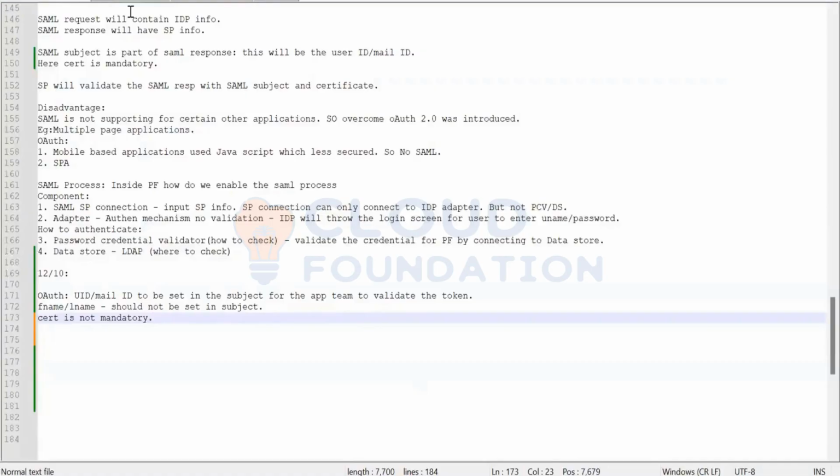Now we have seen these things, right? Now there will be one kind of question that will arise. We can send the user information, that means we can send the attributes of a user. The question is, how can we get the attributes, and then how can we send the attributes in the response, right?